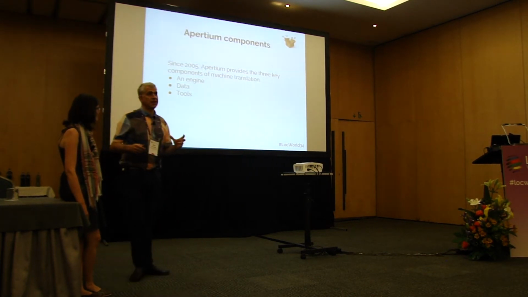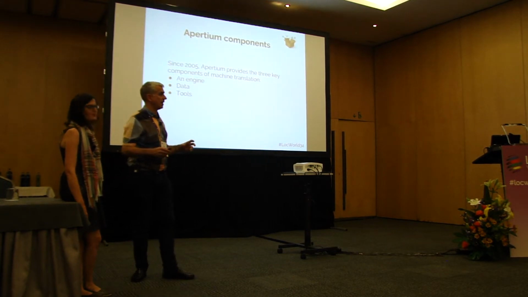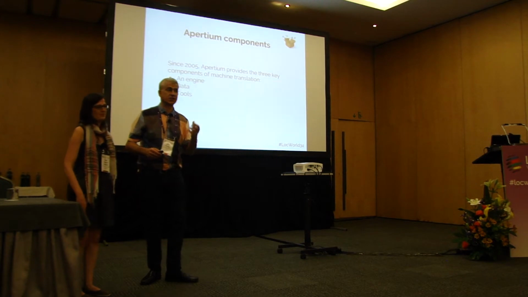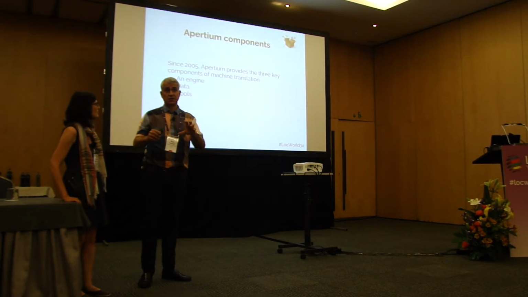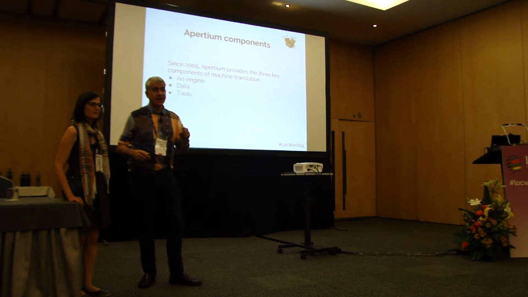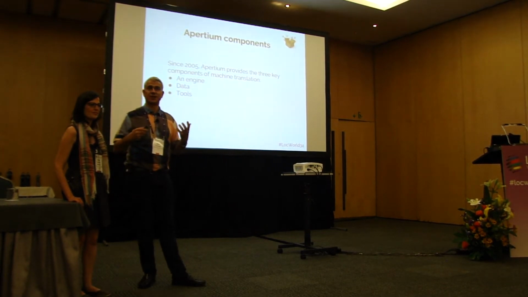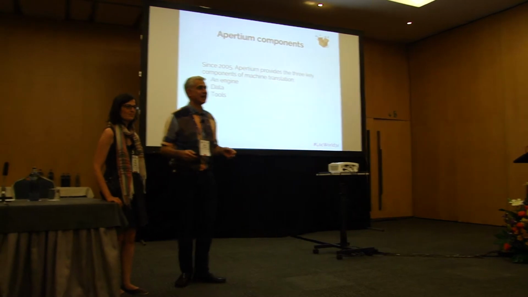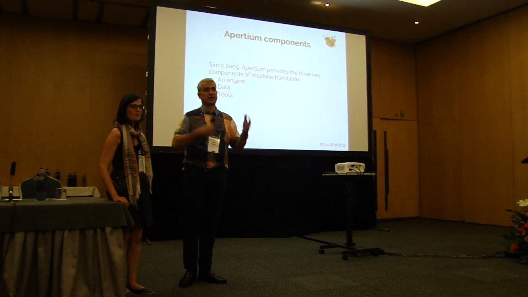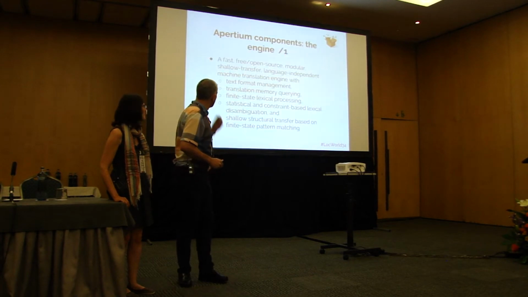So Apertium is a machine translation system that therefore provides the three components of a machine translation system, which are an engine, so the actual works of the system, the data, what actually dictionaries, rules, we'll see it now, and tools to manage them and convert them into different formats. So the engine,